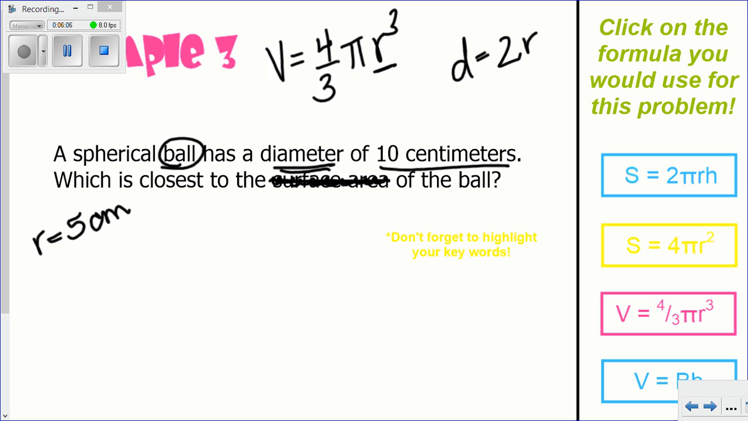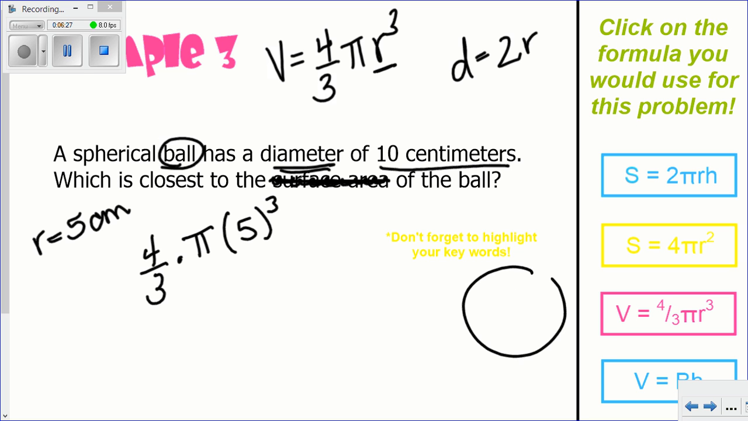Okay? So we have 4/3 pi r cubed. The only thing that we didn't know that we needed to know was that radius. We don't have a height to worry about, and now it's just a matter of plugging things in. So we have 4/3 times pi times that radius, which is 5. And this time it's cubed, and it's cubed because if we have a sphere that's a ball, pardon my drawing,